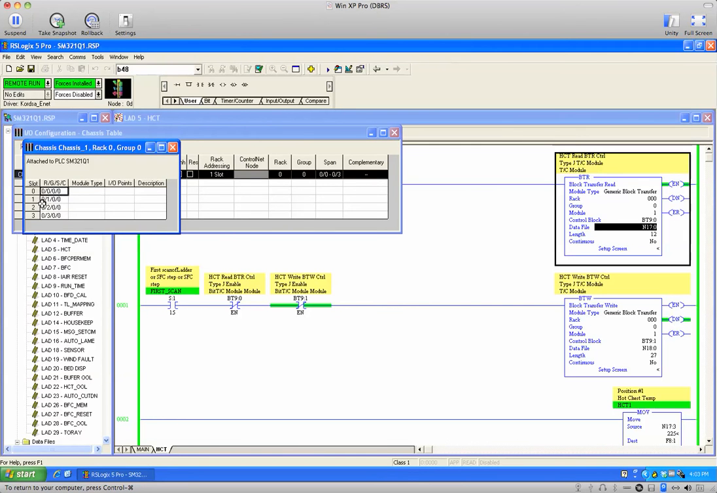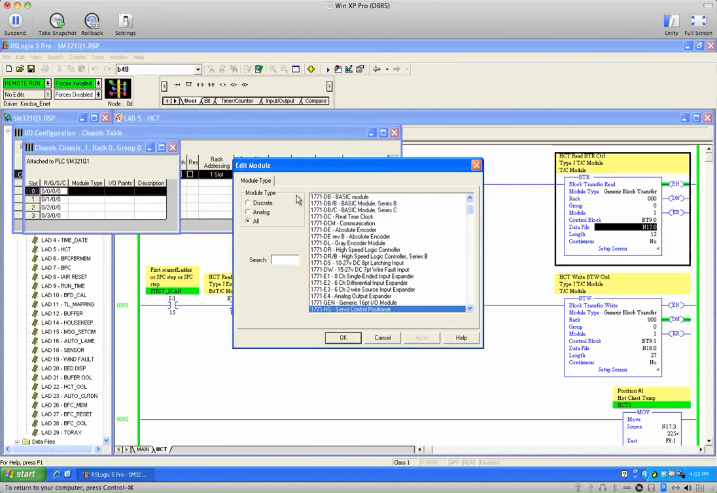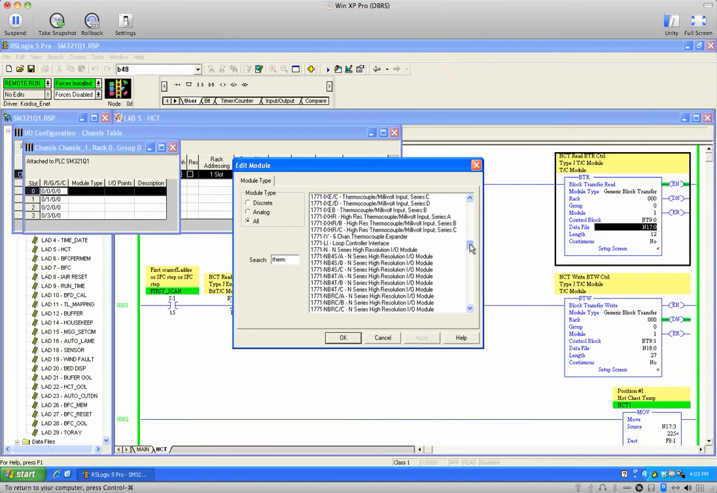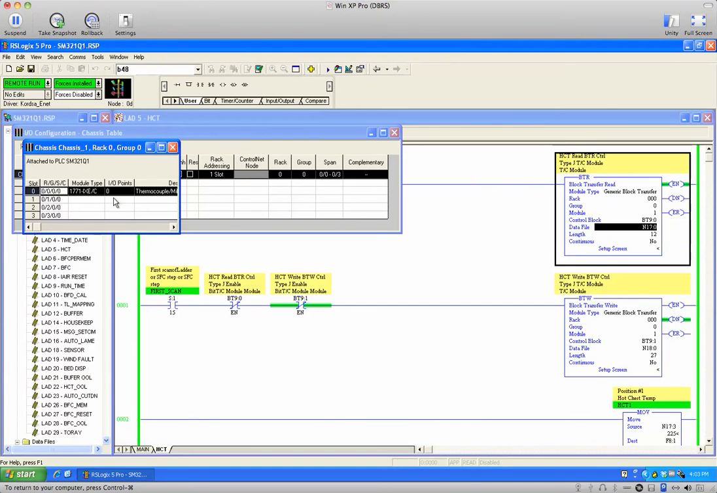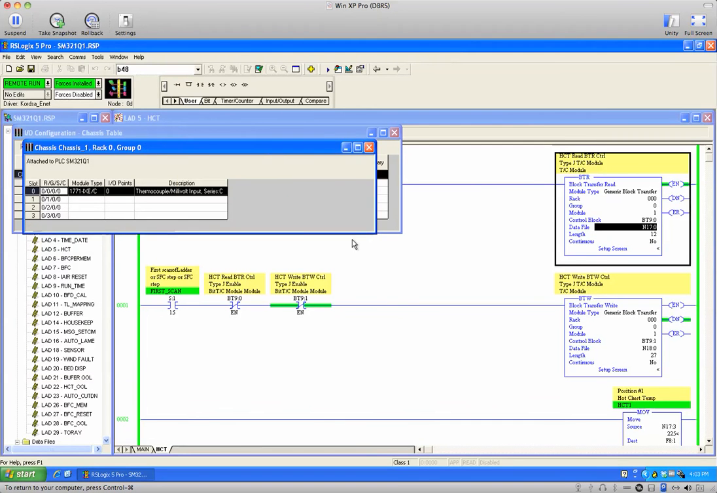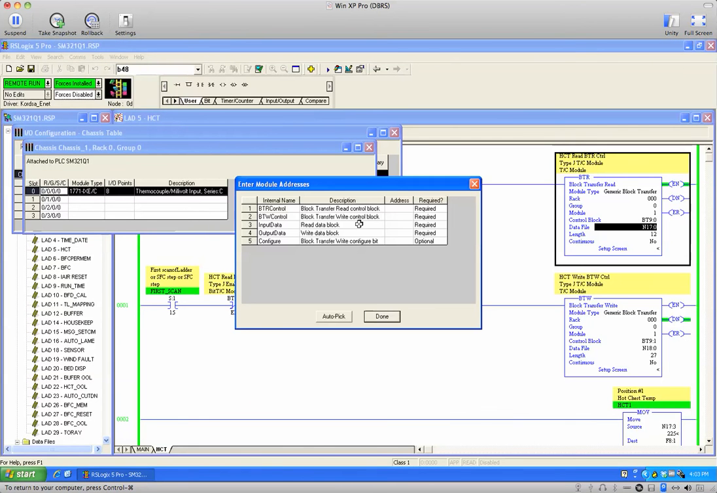If we go in here, I'm just double clicking these, and we're going to pick a thermocouple module, and this is the IXE Series C, so let's pick that one, and there's that thermocouple module. Now if we double click that, now it goes to a different screen. Instead of adding a module, it goes to this configuration mode. So we're going to just type in these same numbers that we see over here,